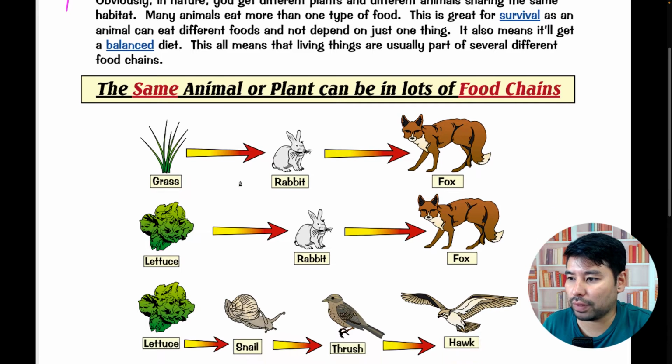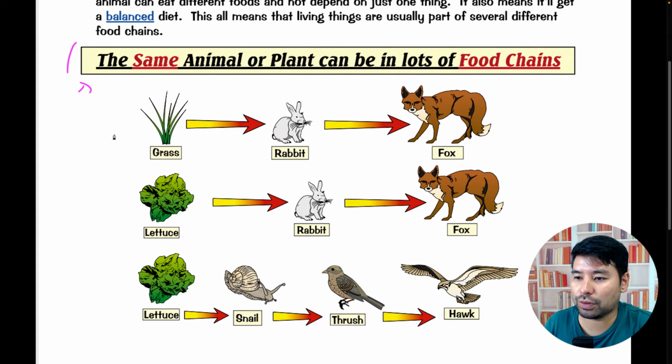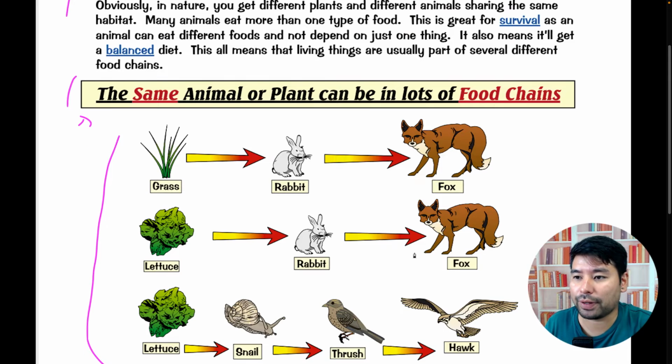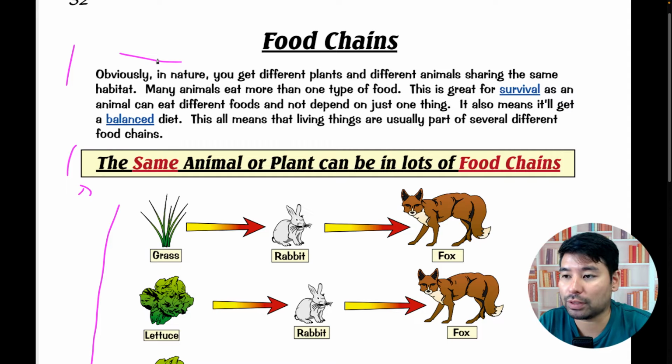And we have this picture here, okay? And also we have this information. The same animal or plant can be in lots of food chains. So let's check it out. And we have these names here, okay? So I'm gonna read it, okay? But before I read it, okay? I'm gonna give a simple explanation. I'm gonna read in English, I'm gonna give you some Portuguese words to make it easier, para fazer isso mais fácil para você, aluno, tá bom? Então, let's go.